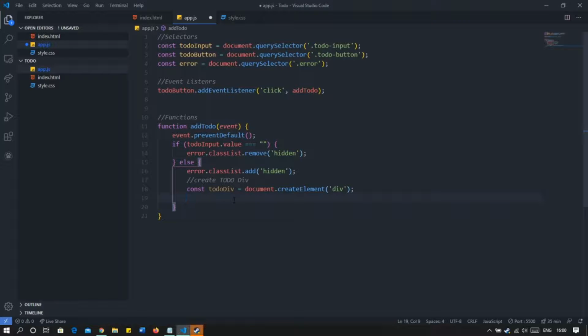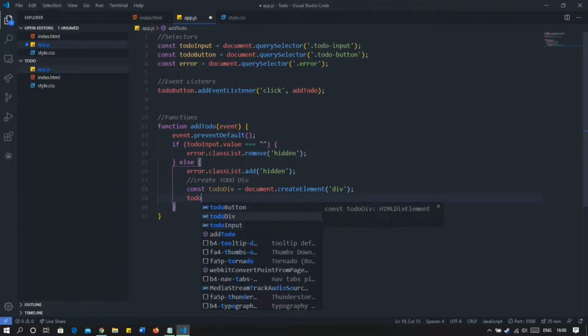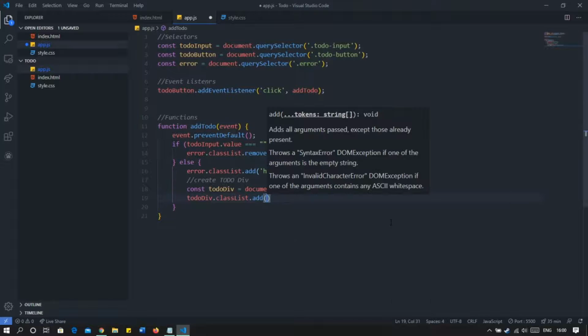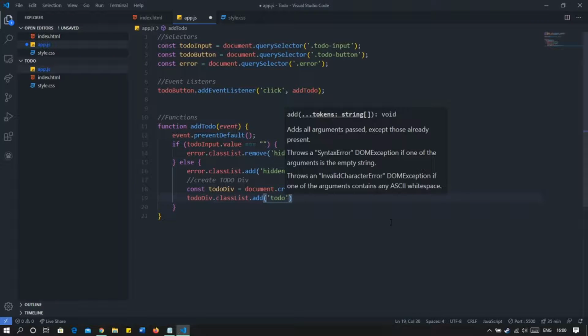So we want a class in our division that I showed you before. So we will add a class list to it. So to do div dot class list dot add, and what we are going to add is to do, because this is our complete element.